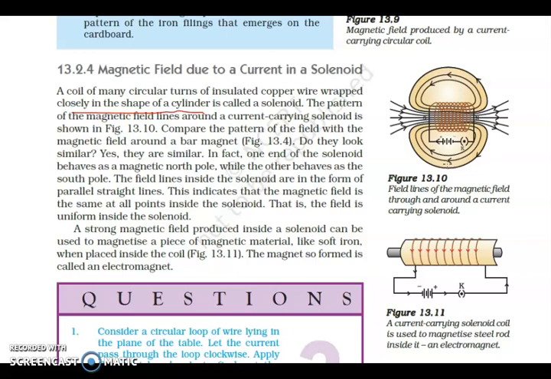ठीक है, अब उसमें हमने क्या करना है? As far as this solenoid is concerned, you will see that the current starting from the positive terminal will move in this way. Now imagine yourself holding this solenoid in your right hand in a way that the pattern of magnetic field lines is to be found, and wrap your fingers around the solenoid in the direction of current.